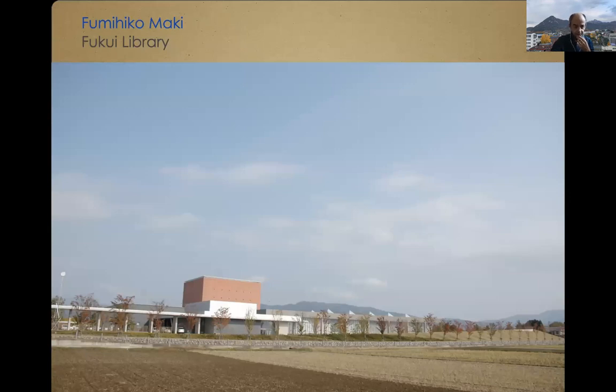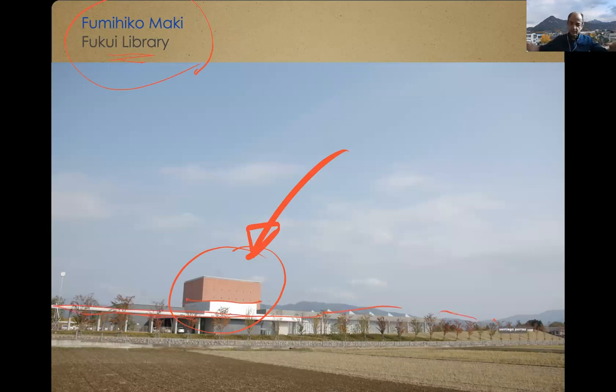Fumihiko Maki, I brought some of his late projects. Fukui Library is in the landscape. We don't have so much open space. But it's interesting to see how the library, which is usually a very solid building, especially the book storage area, has a series of expansions which really melt with the landscape. So you have a building which is not just a solid block like our science library in Anam.